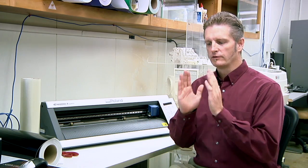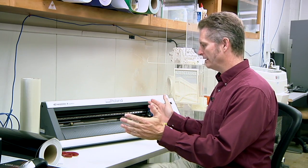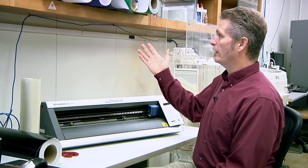To get started, we have a Roland GX-24 vinyl cutter. It can handle material widths from 2 inches to 27 inches wide. The vinyl can cut sheet vinyl to make informative or decorative vinyl decals. The sheet vinyl comes in a variety of different colors and has an adhesive backing on one side. Most of the decals we deal with are a single color. Some advanced users have been able to make multicolor decals, but we're going to focus on just a single color